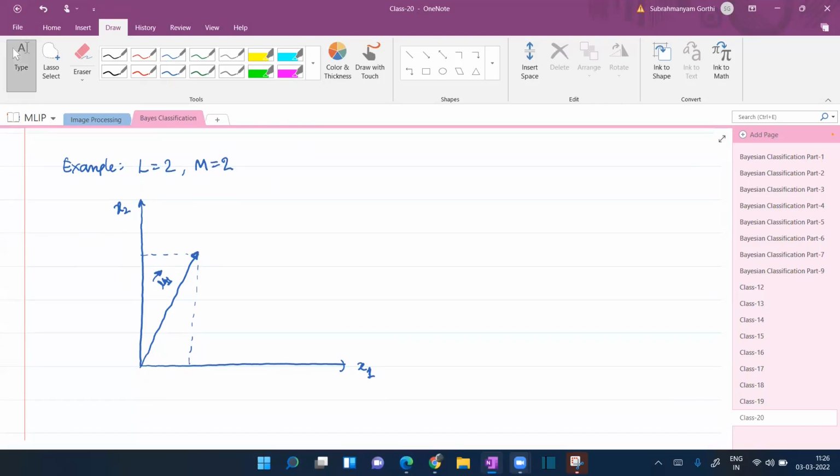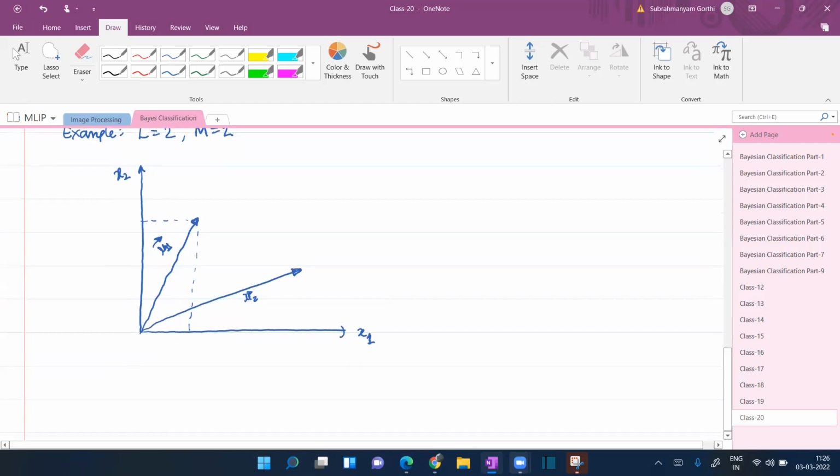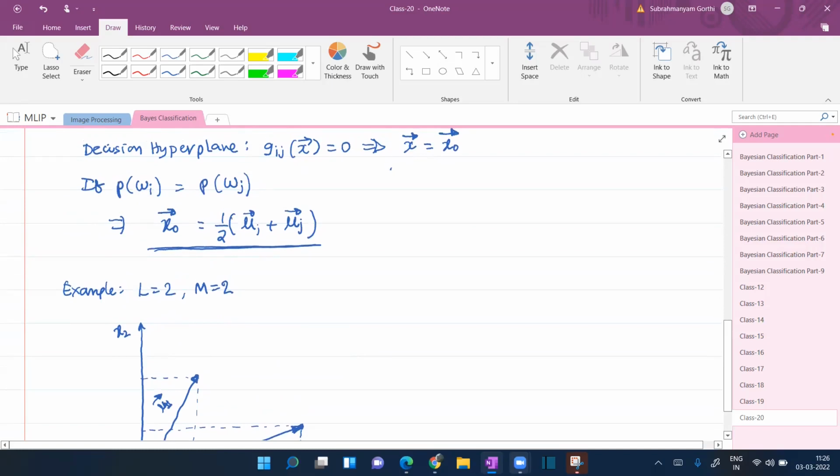Now, similarly, I have a second class, for which let's say this is my mu2 bar. That means this value will give me my mu2x along this x1. And of course, this would give me mu22 or mu2y, whichever you call it. So this is my mu2 bar. These are the points where the mean values are. Now,